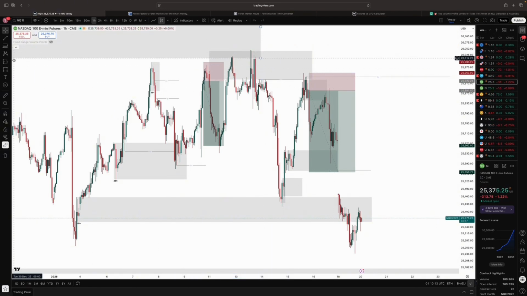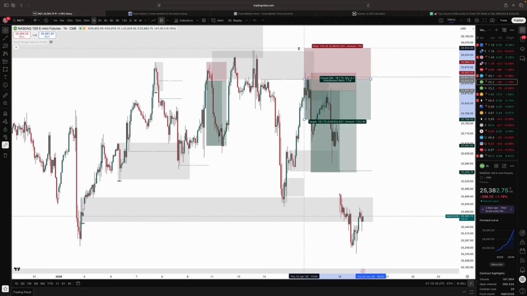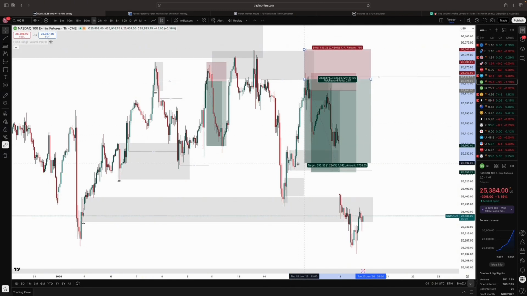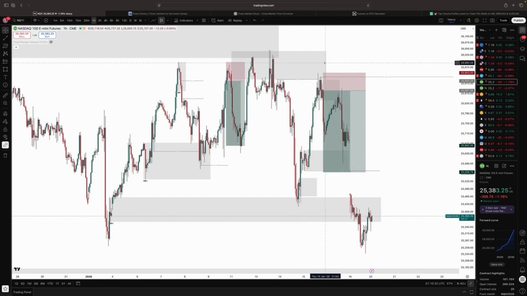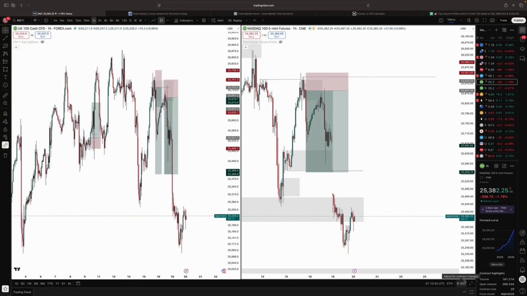That was my expectation. Meaning, if I was to enter from here, this would have been the sell target here, which was a 1, 2, 3. But I missed this. I think I was at work or something. I just missed this sell. So the moment I missed it, I was lucky enough to see price reacting off the liquidity. So I waited for a confirmation entry, and that was where I utilized the CFD to get a confirmation entry,